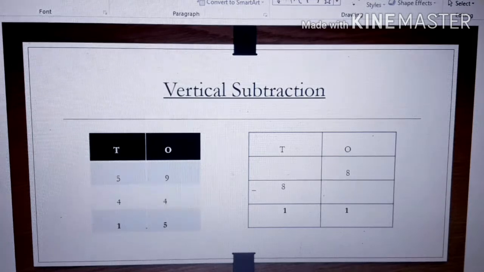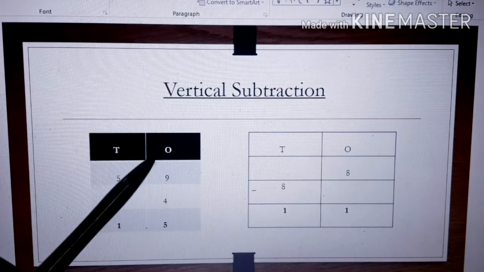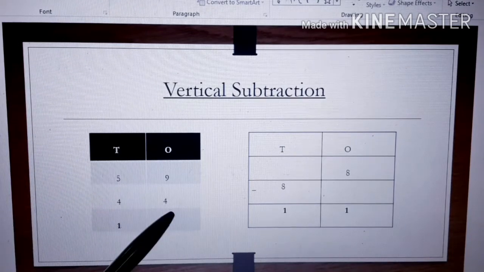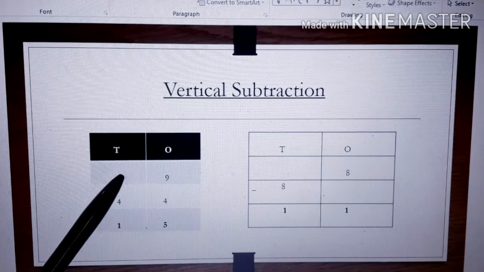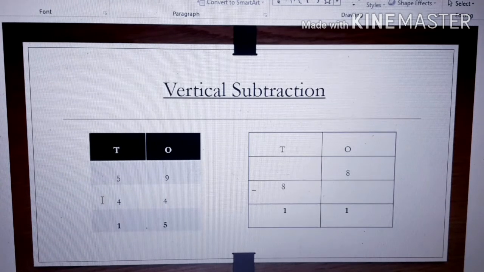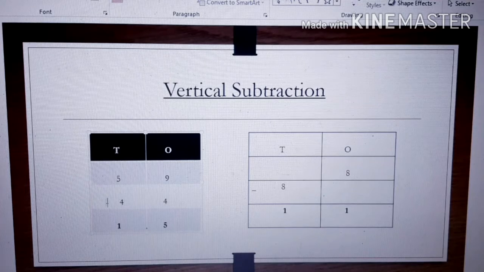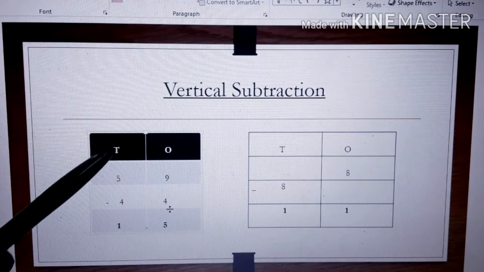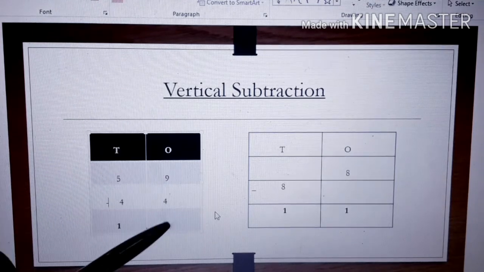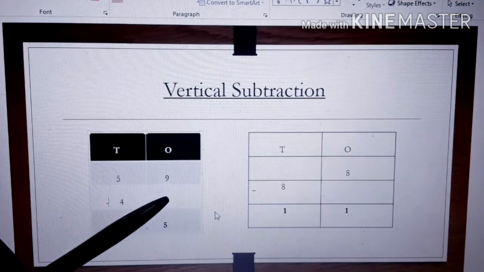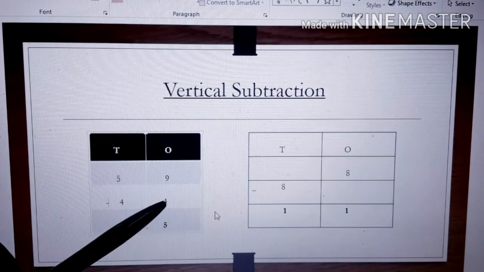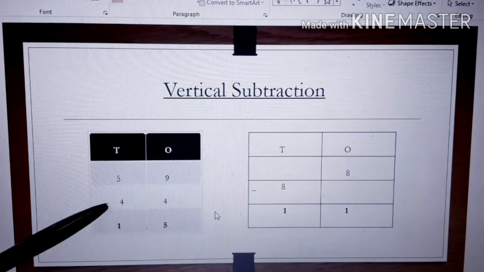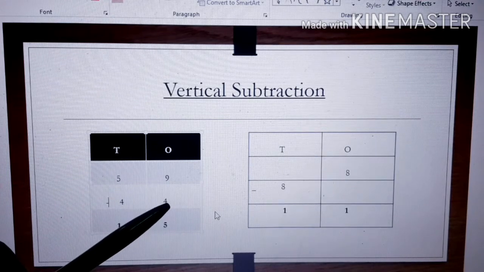Now let's see vertical or column subtraction. Vertical means standing, right? Which is like straight. So to subtract, the numbers here are 59 minus 44. 59 minus 44. You know that we always start subtraction from the ones place. So 9 minus 4. 9 minus 4, how can you do? You can open your 9 fingers. Minus 4, that means close 4 fingers.